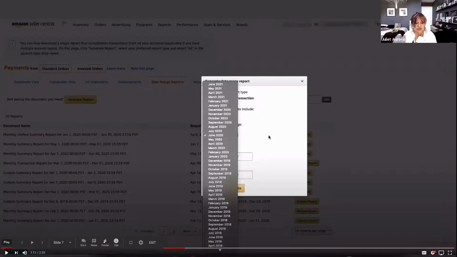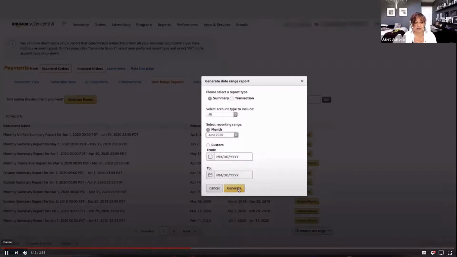So basically, you would just choose the month that you want, and it's going to default to the last period that you selected. You can put in custom dates. So if you are looking for a specific date range, June 15th to,